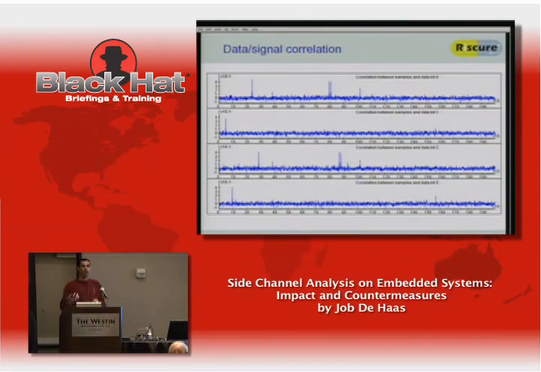What you see here is a correlation of input data. So this has nothing to do with the key. This is known stuff that we put in. And what we did is we just put in 1,000 random inputs into a DES. And then you correlate against your power measurement. And what you'll see is that at some points in time, there's a peak. And this means there's correlation. This means at this moment in time, that bit is being operated on, or at least there's a correlation with this bit. And actually, if you go a little bit deeper in the DES, you'll see that this is the